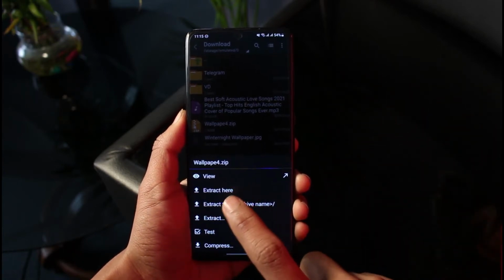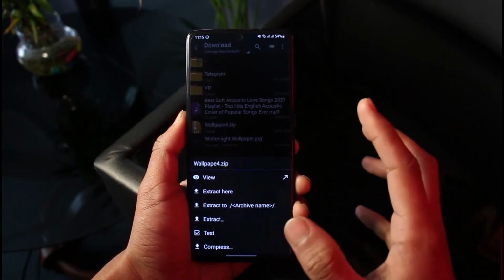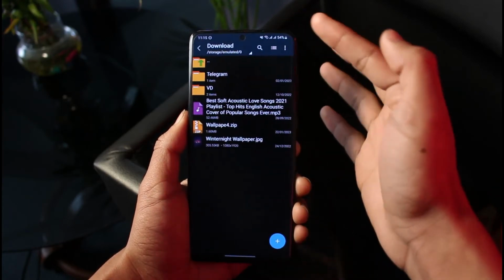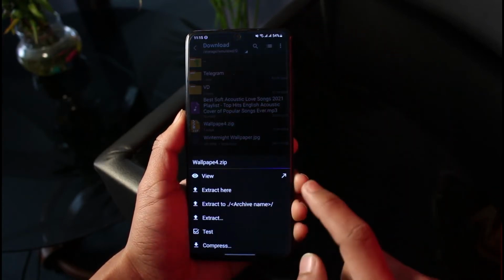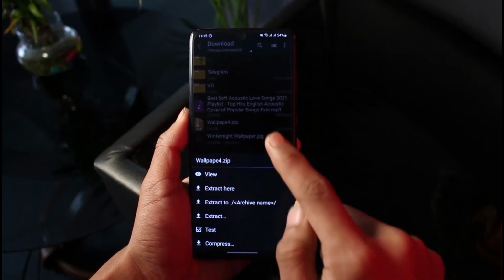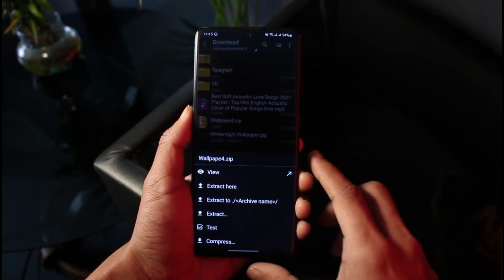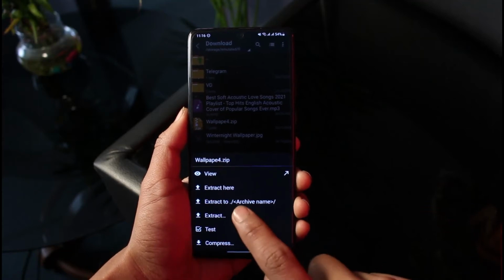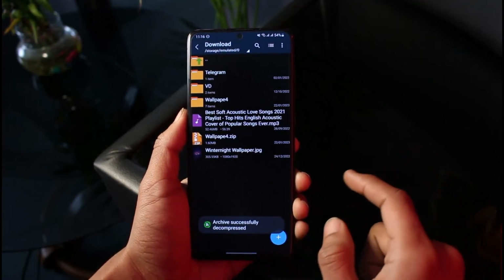I can just extract it. If I extract here, and all of the files in it are not placed inside a folder, they're just going to be extracted like that. But what I personally like doing is extract to, which creates a separate folder with the same name and places all of the files inside that same folder. So I'm just going to tap on extract to that, and once I do that, you can see